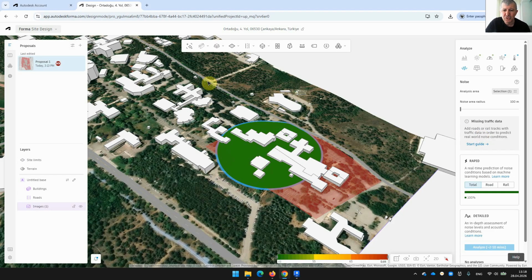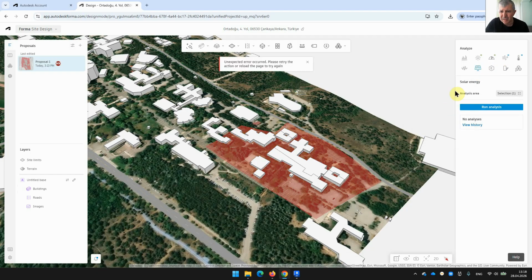But if you introduce some traffic data, if you introduce roads, the tracks, etc., then it's going to give you railroad, regular road, etc. It's going to give you some results. Let's go to solar energy analysis. Okay, selection again this area. Let's run analysis,